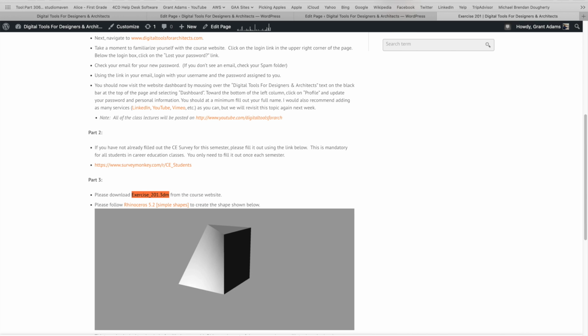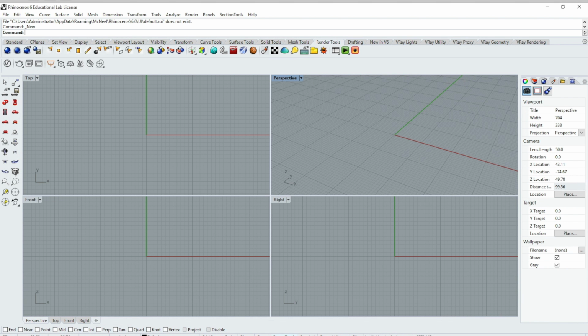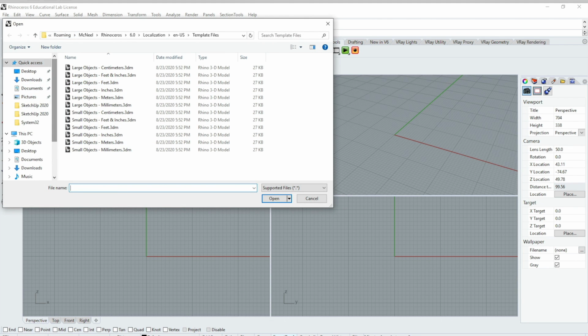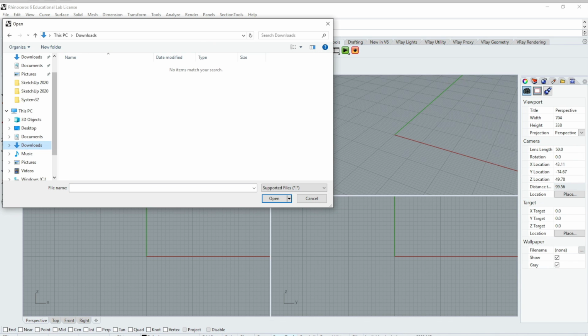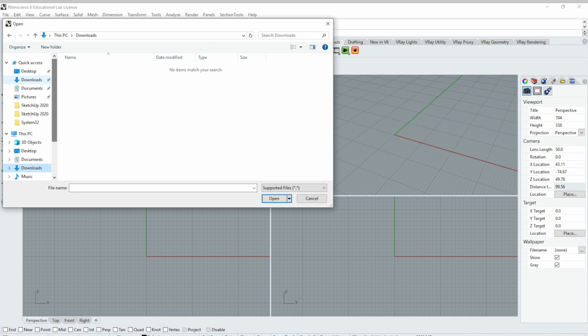And it's going to download into your Downloads folder right there. And now if you've accessed the Rhino and/or the virtual machine through the desktop client, you can actually browse for that file that we just downloaded. So I can go to File and I can go to Open. We don't need to save changes to this right now. And I can actually find my Downloads folder. There it is. Oh, sorry, that's my PC Downloads folder.